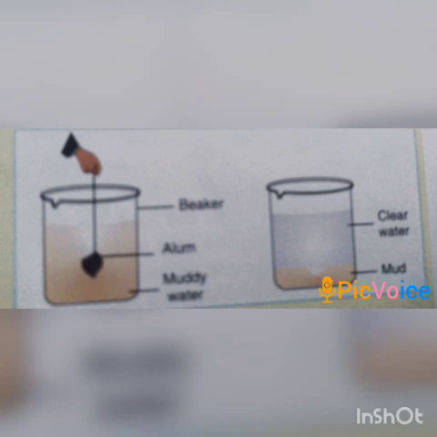Now I am going to discuss one activity. For that, we will take a piece of alum. Generally, it is known as fitkiri. We will tie it to a thread and dip it 3 or 4 times in a beaker of muddy water. Now we will take it out and let the muddy water stand undisturbed for some time. We will note the time taken by the mud particles to settle down.